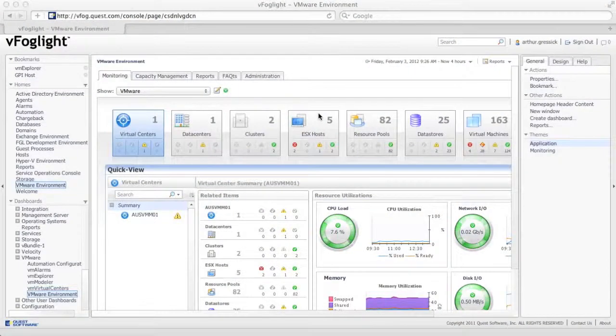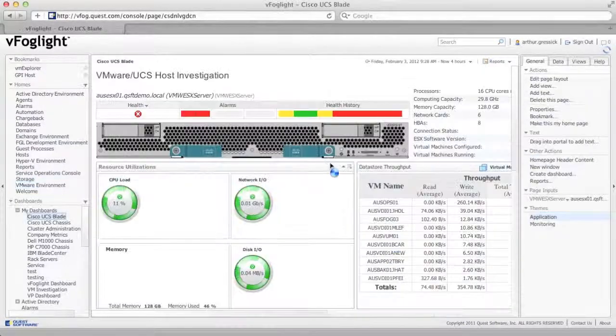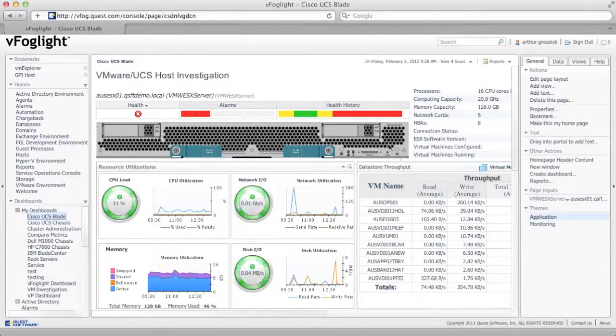Hello, in this video I'm going to show you how to create a custom dashboard using the parameterized input. Say for instance we have multiple ESX hosts and we want to show some metrics about that ESX host. And maybe we have about 100 of these hosts out in our environment. Instead of actually building 100 dashboards, one for each one of those ESX hosts, I want to be able to